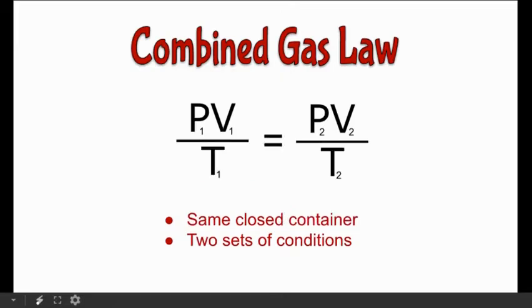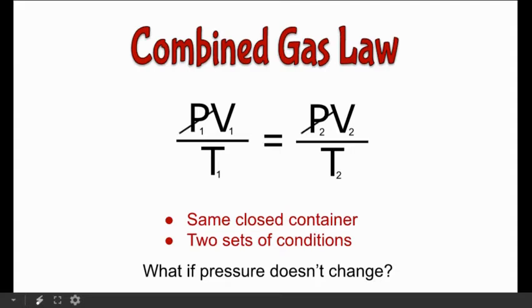According to this problem, we have the combined gas law again, because there are 2 sets of conditions in the same closed container. So we don't see n. And if the pressure doesn't change either, we simply cancel the P's. So before we even start the problem, cancel the P's, and what we're left with